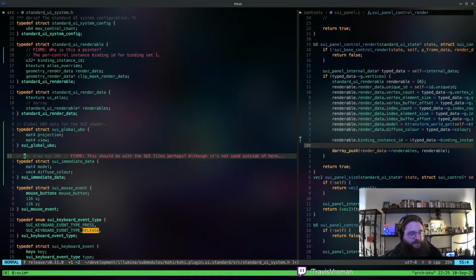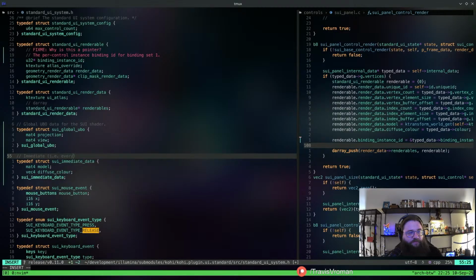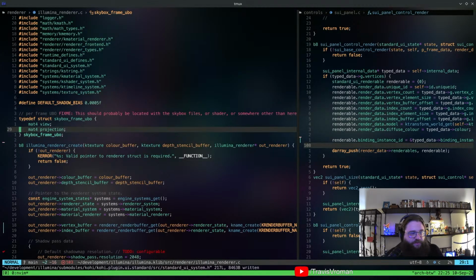And then this one is going to be immediate, i.e. every draw data for the SUI shader, right? So that gets rid of a couple fix-me's.